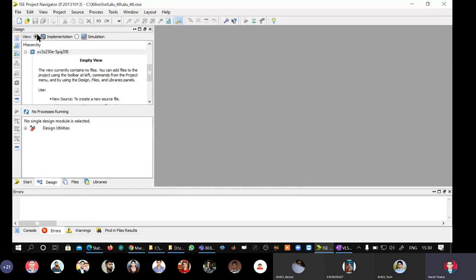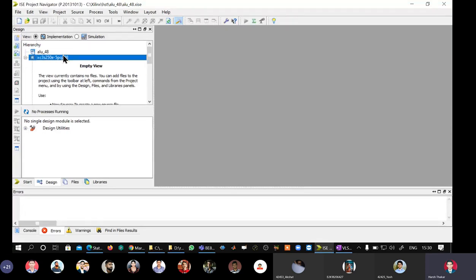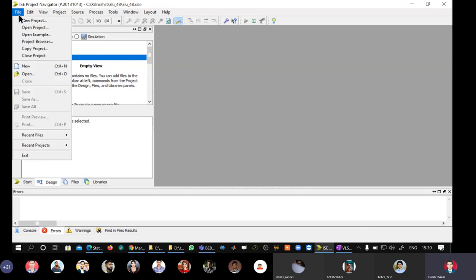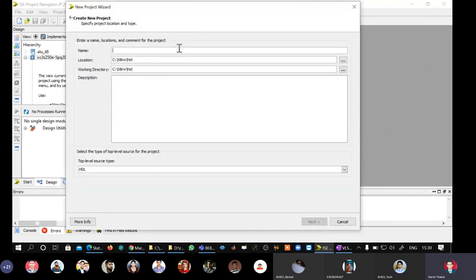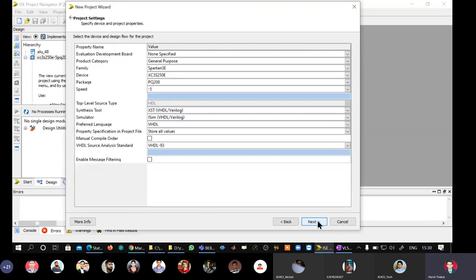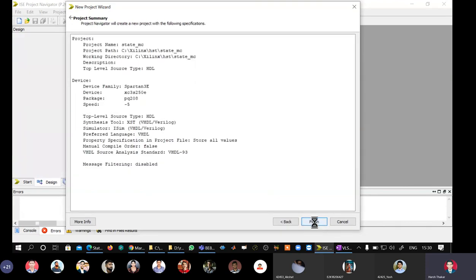Okay, the tool is opened already. So I will say file, new project, and I will name it state_MC, Control A, Control C. Next, all is set. Next, I say finish.